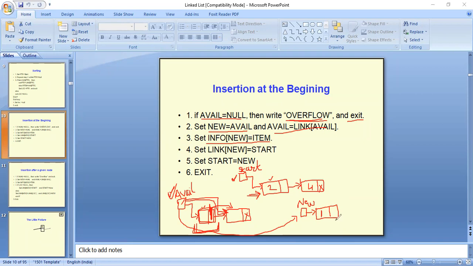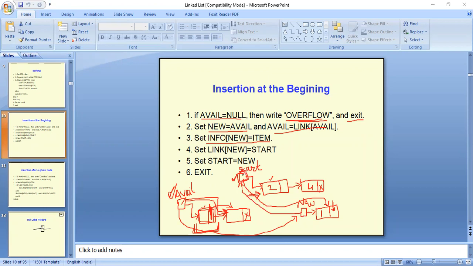We will update the link part of new with the address of the first node, and the address of the first node is with the start pointer. So its address will be given to the link part, and the address of new will be given to start.